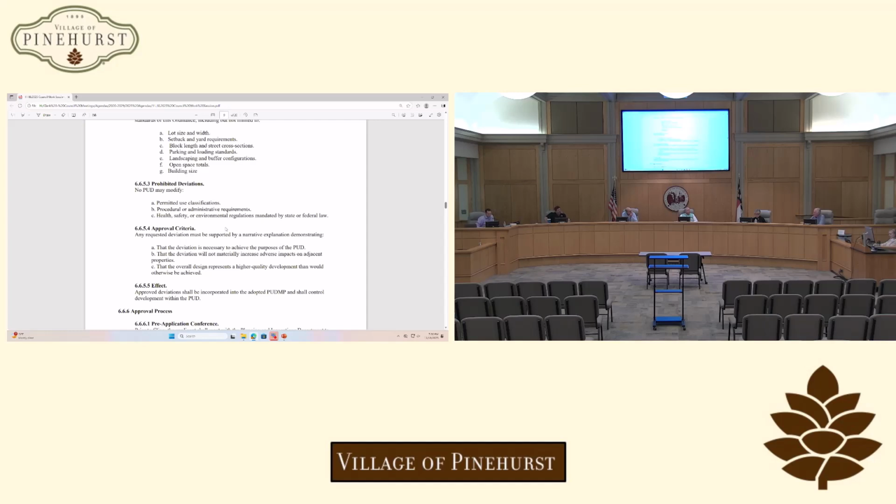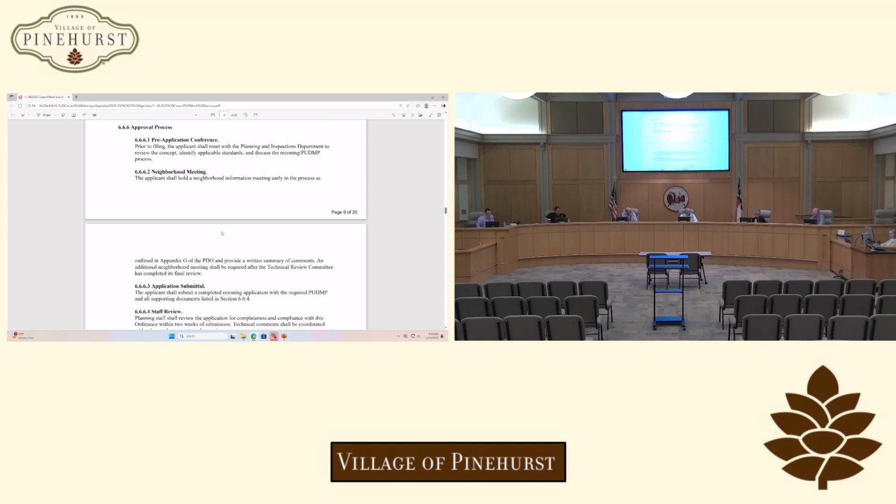If a PUD were proposed in that area that deviated significantly from those plans, I think the village community would say, wait a minute, what are you doing? This is not what we agreed to through the small area plans. So I think that is an overall guiding document as far as the type of development they're looking for.